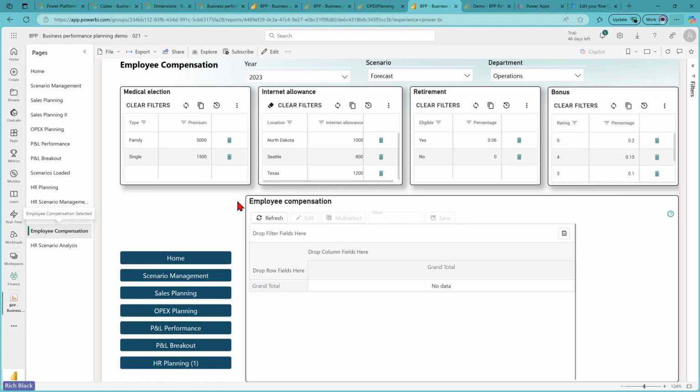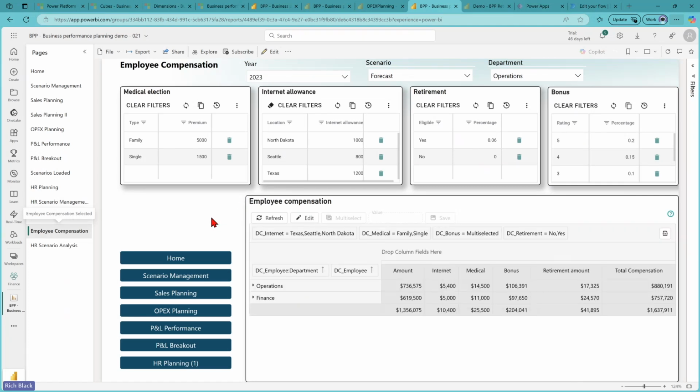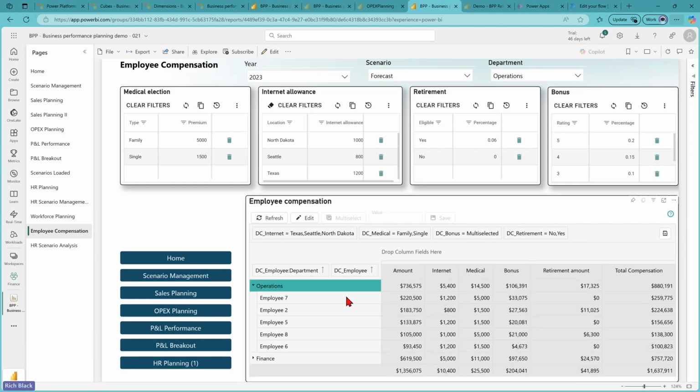And again, our base compensation is going to be a key driver for us, but it's going to form the basis of calculation for total compensation. So if we have a base compensation and we add some allowances, or we multiply that to determine maybe the contribution to a retirement account for an eligible employee, or the amount of a bonus determined by a performance rating,